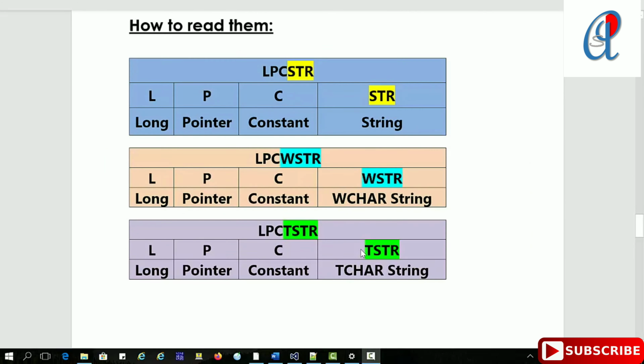Now how are we going to read them? Suppose LPCSTR means long pointer constant string; here C, do not confuse it with CTSTR. LPCWSTR is long pointer constant wide char string, and LPCTSTR is long pointer to constant TCHAR string. If you remove L, then it becomes pointer constant TCHAR string, and pointer constant wide char string.